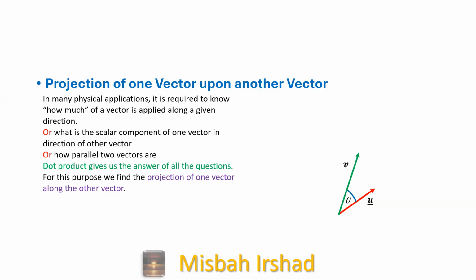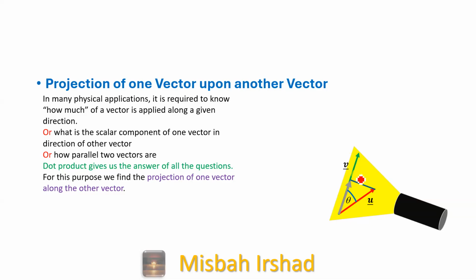You can imagine shining a light perpendicular to vector v. The shadow of vector u on the line determined by vector v is the projection. So its length is the scalar projection. We are currently trying to find the scalar projection of u onto v,